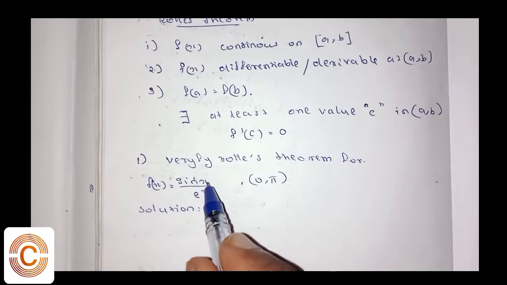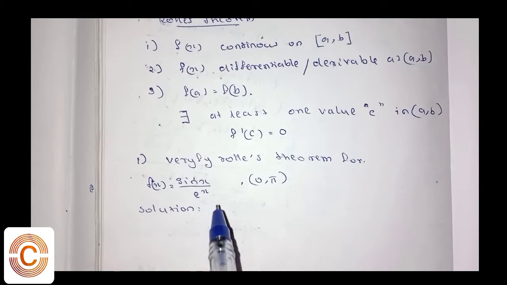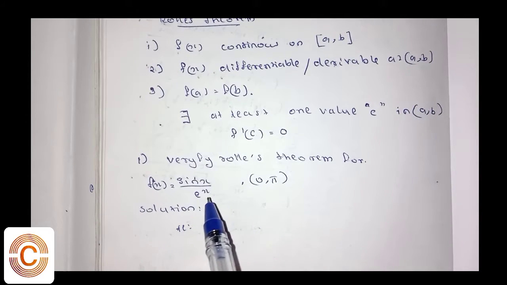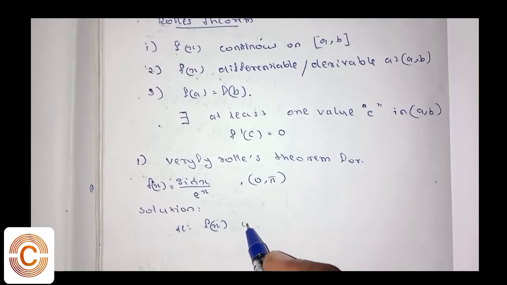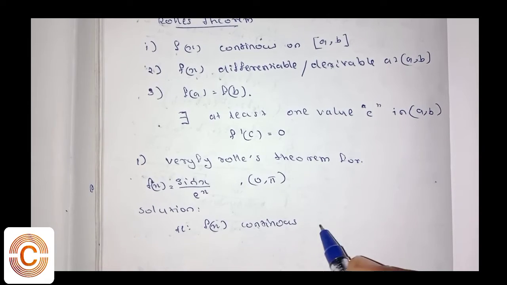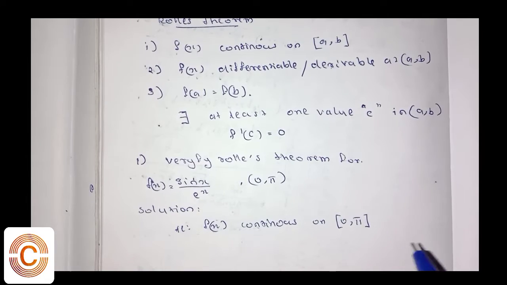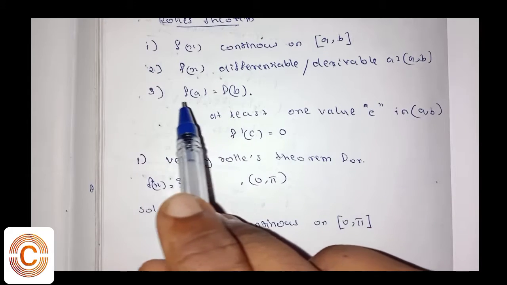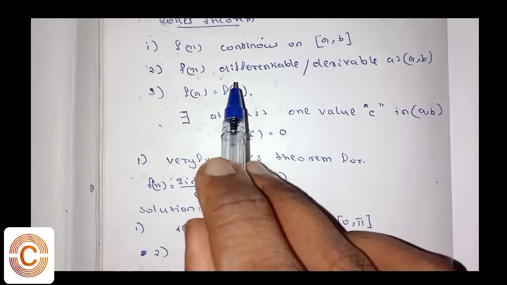The given function has a numerator containing a trigonometric function and a denominator containing an exponential function. That is a combination of trigonometric and exponential functions. So it means that the given function f of x is continuous on the closed interval [0, pi]. So the first property is satisfied. In the next step,